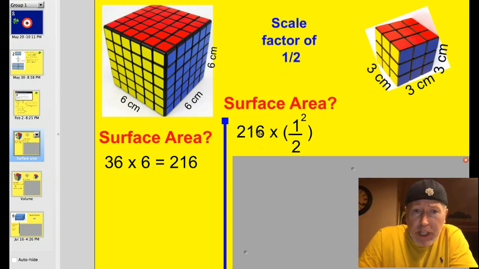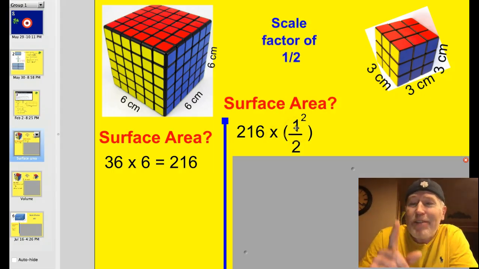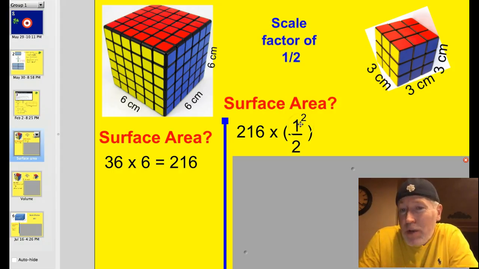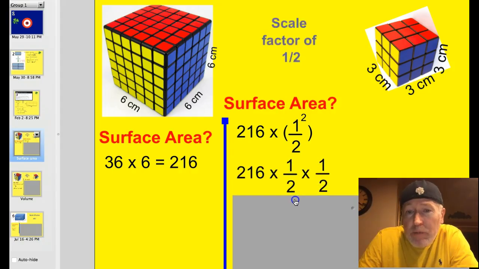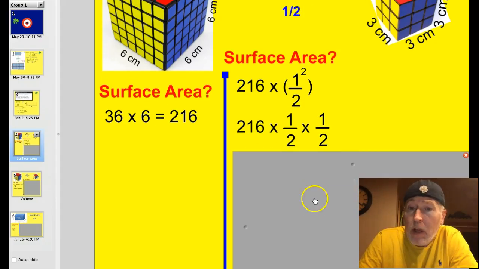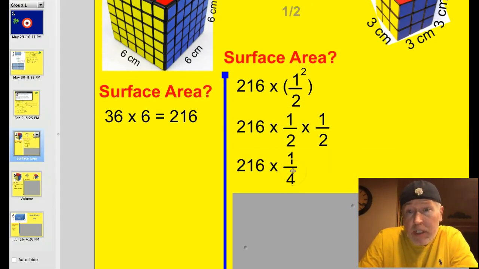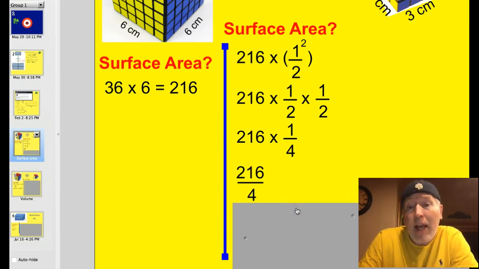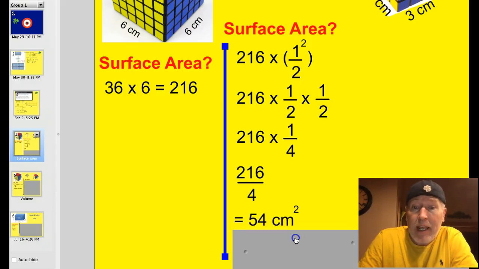We'll take the original scale factor of 216. We'll multiply it by 1/2 squared. That's right, because it's surface area, that two-dimensional thing. So we're going to use our scale factor squared. Well, 216 times 1/2 squared is really the same thing as 216 times 1/2 times 1/2, which is really the same as 216 times 1/4, which is really the same as 216 divided by 4, which is really the same as